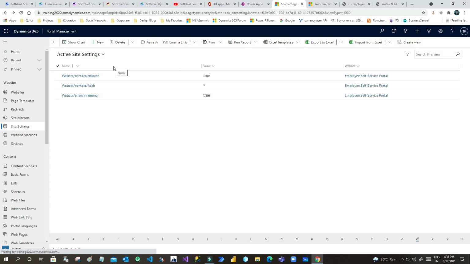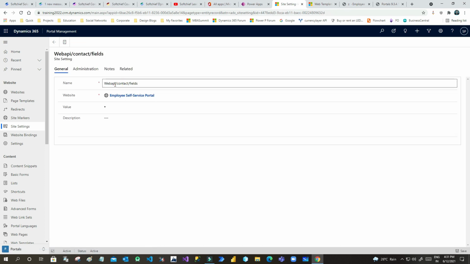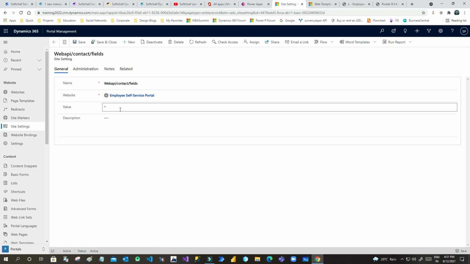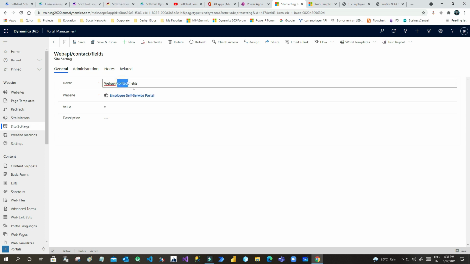Once you save and close, it is displayed like this. Next, we have to define for which attributes of that entity you want to interact with web API. So you have to define the name as webapi, your entity name, and /fields. You can change your entity name here, but keep the others as they are.